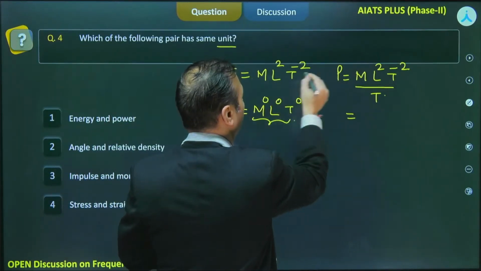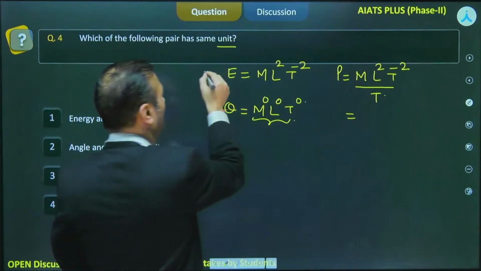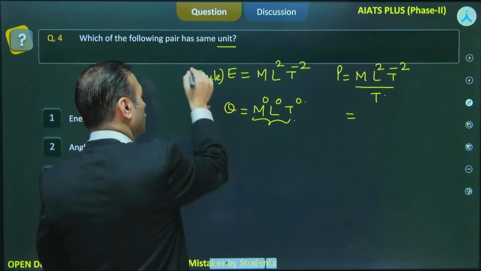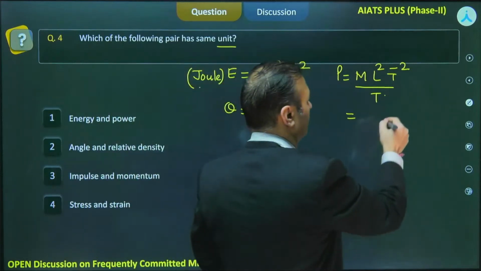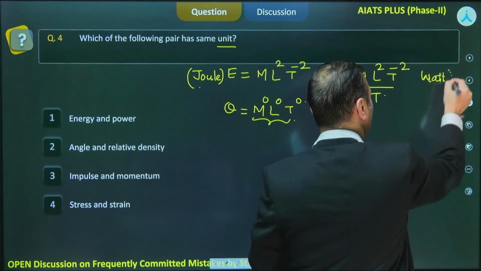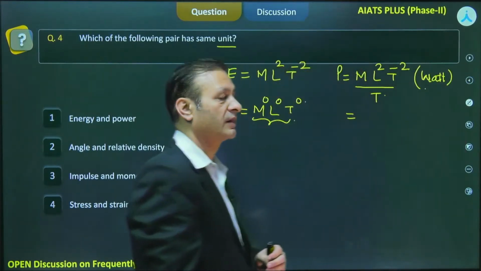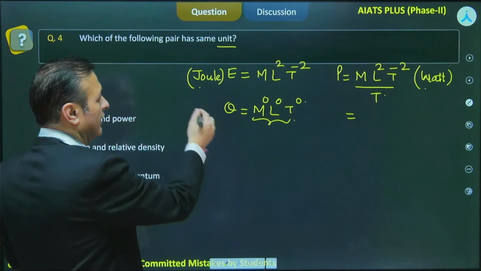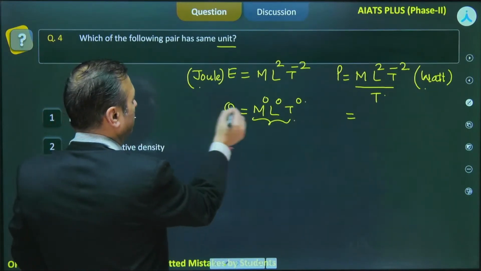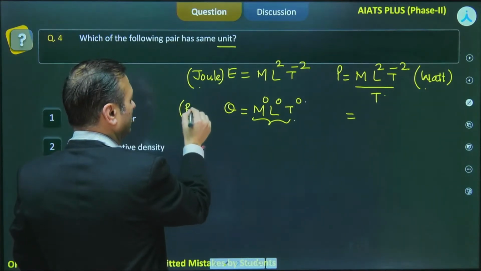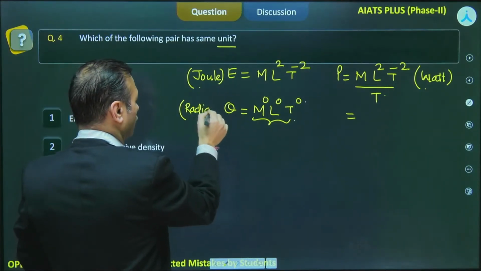So for the unit part, what is the answer for this? What is the unit for this? Joules. And what is the unit for the power? SI unit we are asking. Watt. So dimensionally and unit wise you can see both. For angle, dimensionally it is not there, but unit wise it has an unit. Angle is defined in terms of what? Radians,